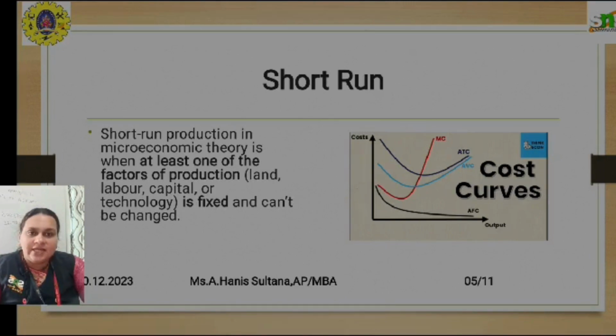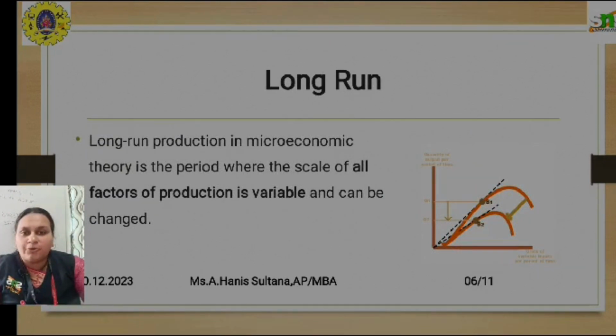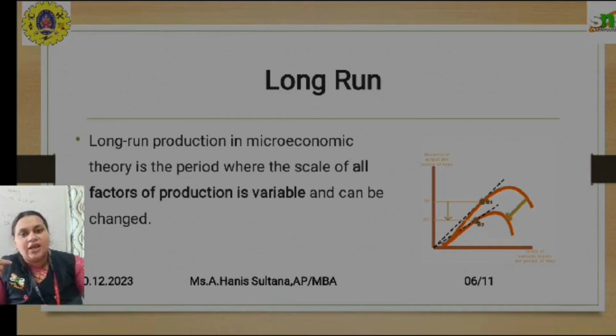So if we change the labor, what will be the outcome? What is the outcome we will have in the total product? Always we estimate the production in terms of total product. If we have the fixed factors and variable factors, these four factors of production or inputs, what will be the result in the outcome? For example, if you are trying to produce 1000 units and we have determined the fixed factors and variable factors,